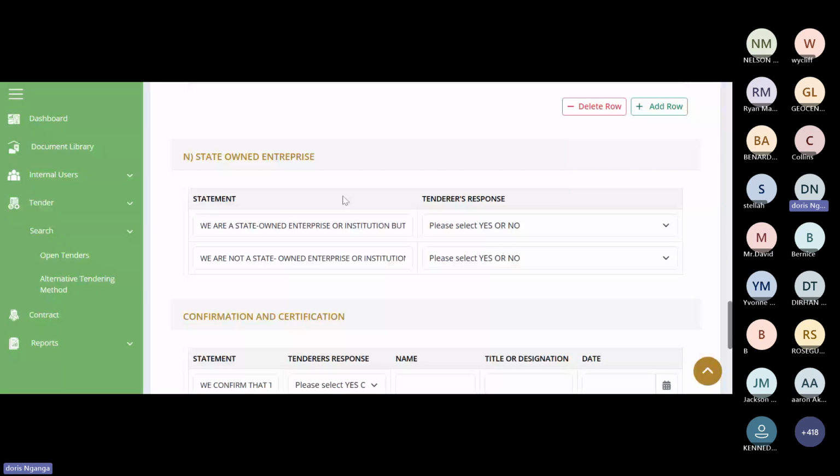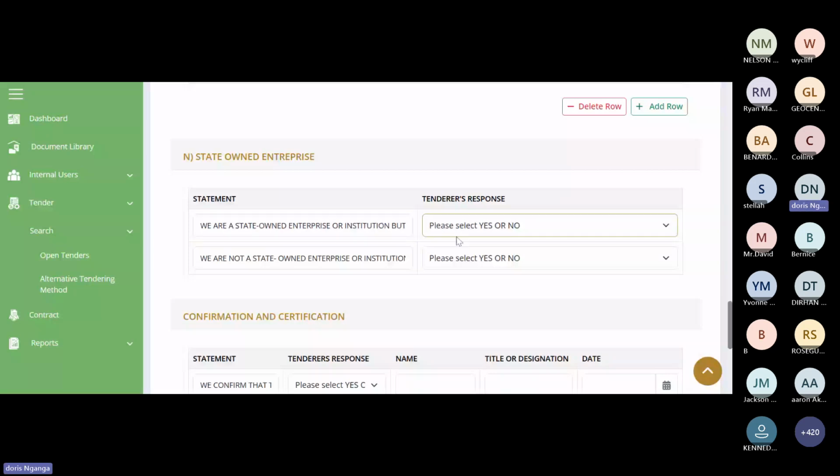The other section is talking about state-owned enterprises. The first statement is, we are a state-owned enterprise or institution, but meet the following requirements: legal and financial autonomy, operation under commercial law, and we are not under the supervision of the procuring entity. For this instance, I'm going to say no, we are not.